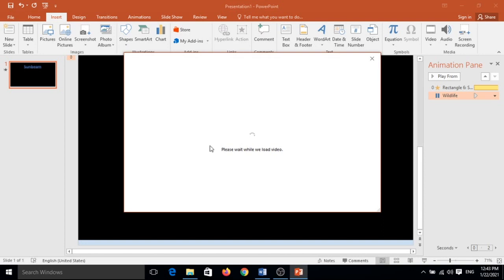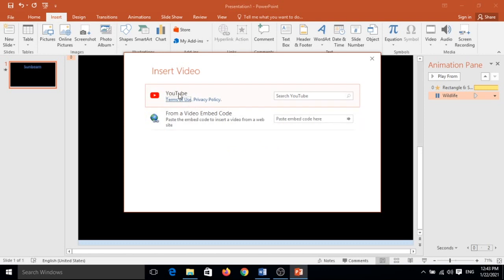It depends on your net speed, internet speed, and suppose you want to use YouTube or from other one. It depends on you. You can also insert from here, type it, and it will be displayed and located. Okay.